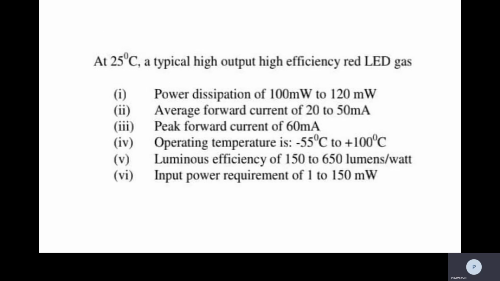At a particular temperature like 25 degrees, a typical high efficiency red LED has some parameters. Now we will see those parameters. The power dissipation should be between 100 millivolts to 120 millivolts, and the average forward current should be between 20 to 50 milliamperes, and the peak forward current is 60 milliamperes, and the operating temperature is between minus 55 degrees centigrade to plus 100 degrees centigrade, and the luminous efficiency is